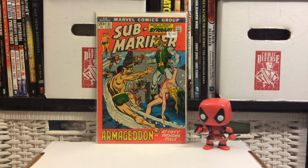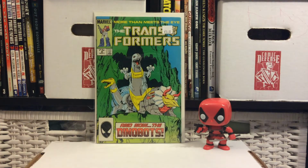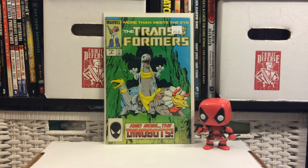I told myself I was going to get a bunch of these when the half off sale came. This is the only one I ended up grabbing because the rest were pretty low grade, but Submariner books are so cheap, it's crazy. The Transmorphers, number 8. This is the first appearance of the Dinobots in comics. So, thought it was worth picking up. It was $5. Been keeping my eye out for this one. It's not worth a ton, but the Dinobots and the Constructicons are my favorite Transformers, so glad to have those